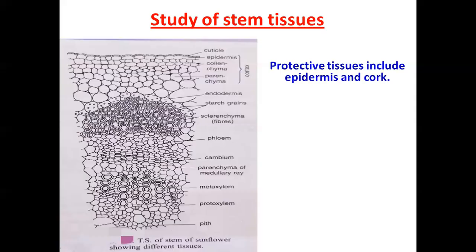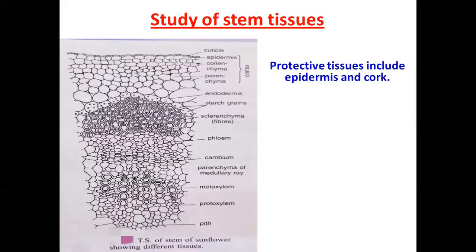So basically, what is the function of this cork? Cork is protective in function. Cork cells prevent desiccation, that is loss of water from the plant body, infection and mechanical injury. Cork is light and does not catch fire easily. Due to these properties, cork is used as insulator, shock absorbers, linoleum, and sport goods. Okay. So these are some of the functions of the cork, which is again a protective layer found in plant tissue.